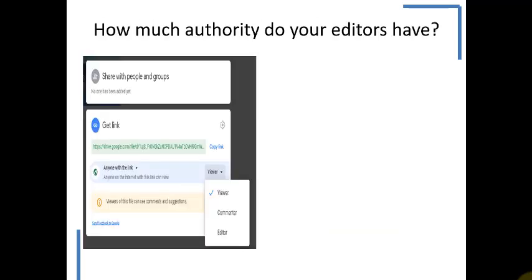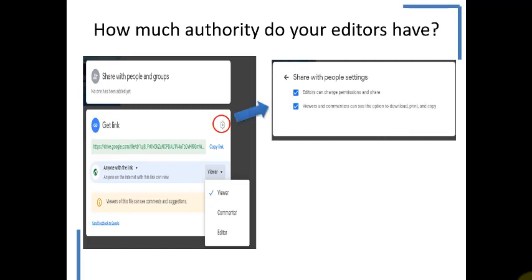So the question is, how much authority do your editors have? The default here is we have set it up to viewer, and the option that you can do, you just need to click on this button, the settings, where you can set the editors can change the permission and share, and of course the viewers can also do the comments and see the options to download, print, and copy. You can check on this part